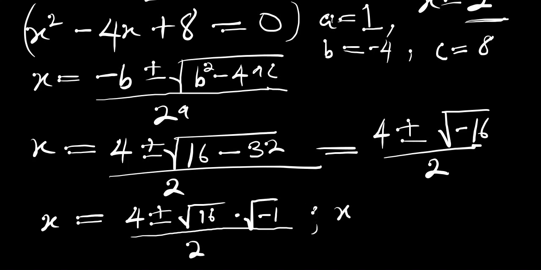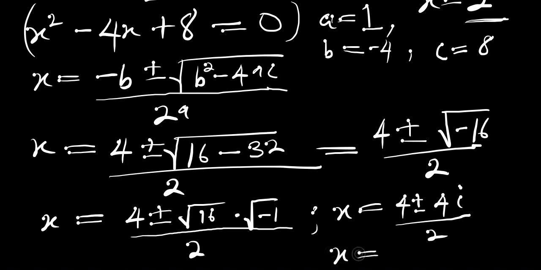We are going to have x equals 4 plus or minus, root of 16 is 4, root of negative 1 is i, divided by 2. So from here, you can divide everything by 2, we have 2 ± 2i. So this becomes the complex solutions of this particular equation,